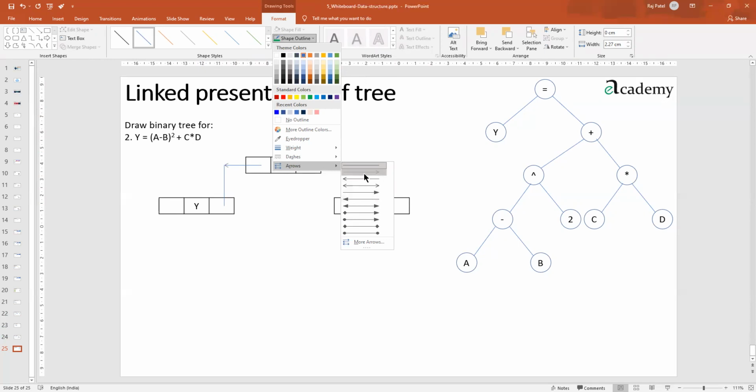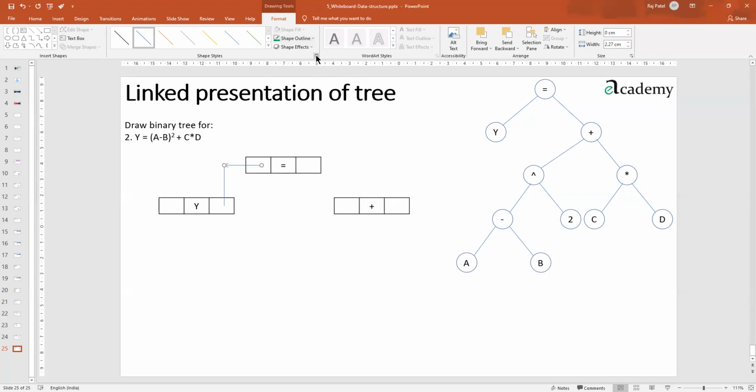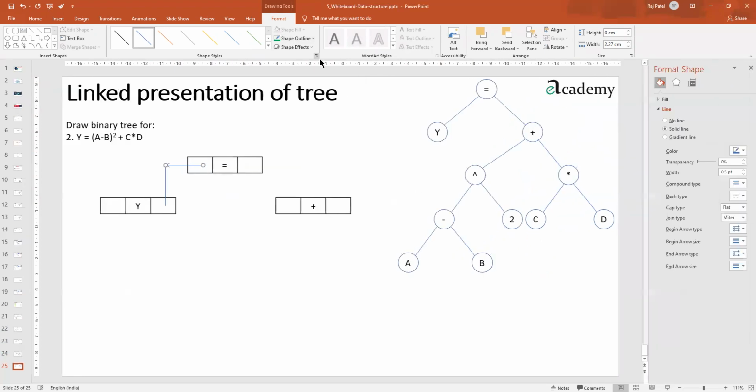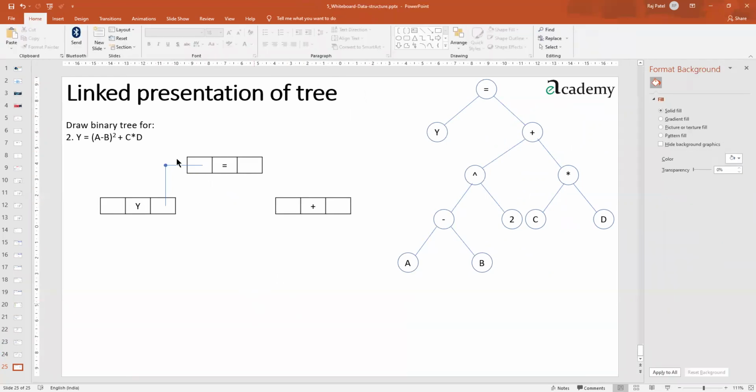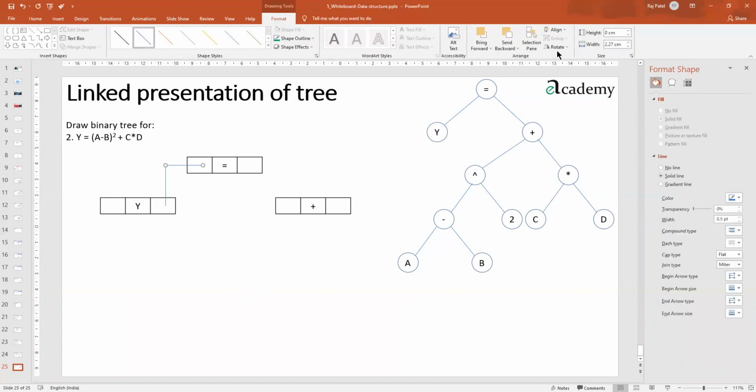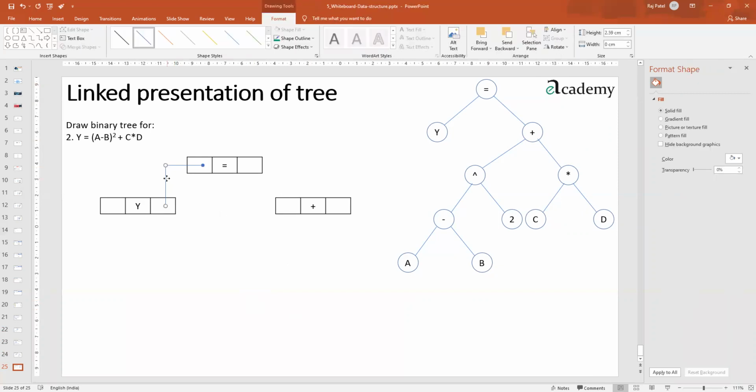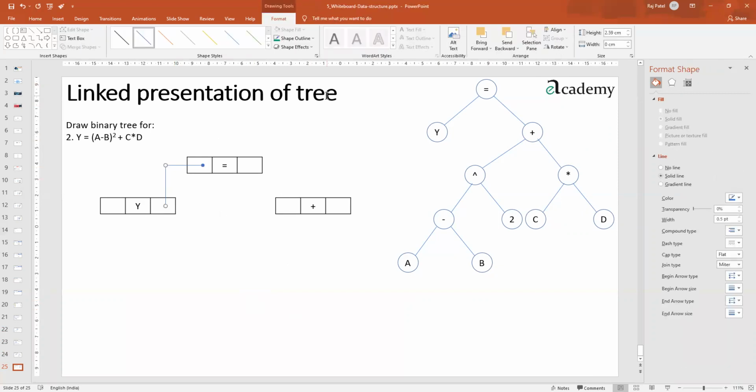Let me bring the arrow first and then I'll draw the dot. So arrow type. Yeah. So has the dot come? Yes, but it has come reversed. Now it is possible? Yes. And here also there will be a dot or an arrow. So here there will be an arrow, not a dot.